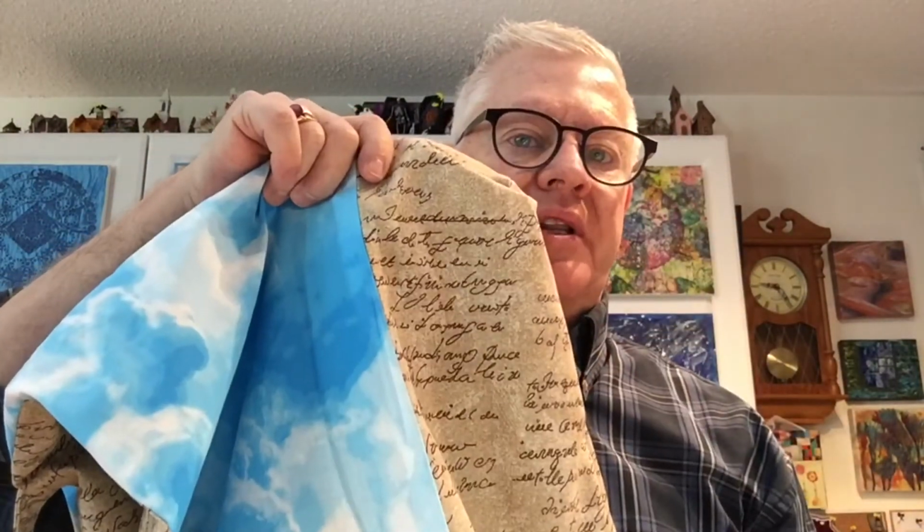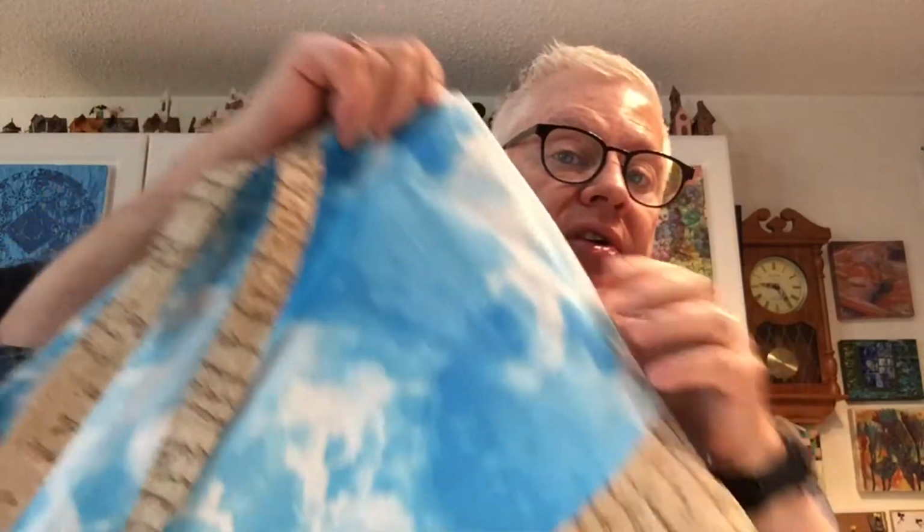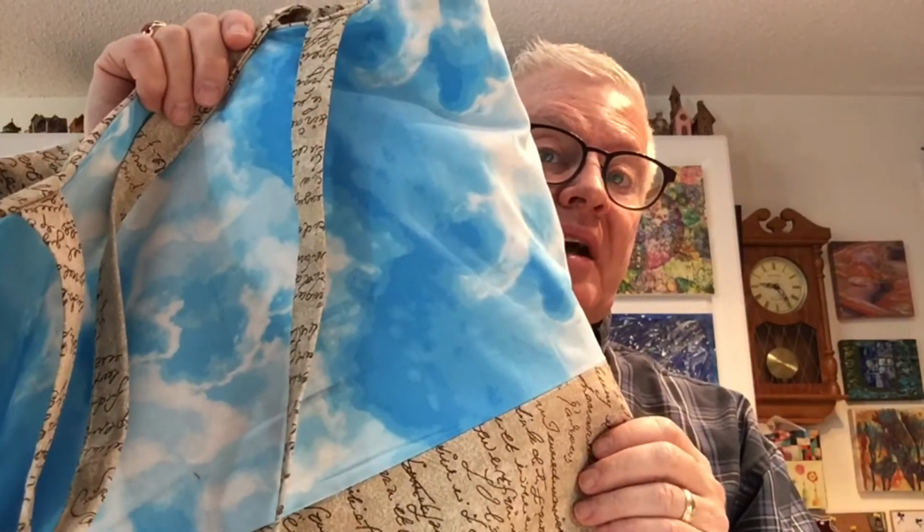I made a mistake, several mistakes. Well, one mistake was this was not supposed to be the outside of the bag. The outside of the bag was supposed to look like this in here. This is the lining. That was what the whole bag was supposed to look like, with this material on the outside. And I didn't have enough of this material to make the inside and the outside look the same, so I just used some of this material that I had because I figured, well, this is going to be the lining anyways. Somehow I got things turned around, and this ended up being my